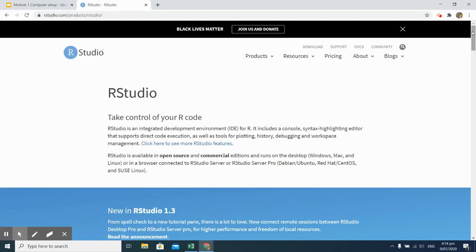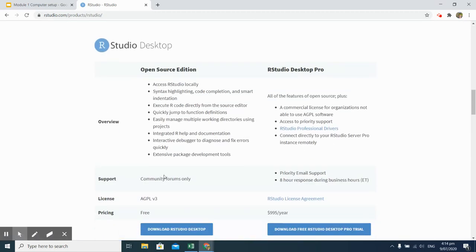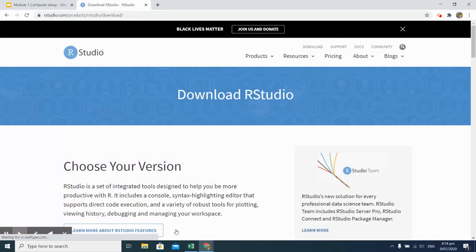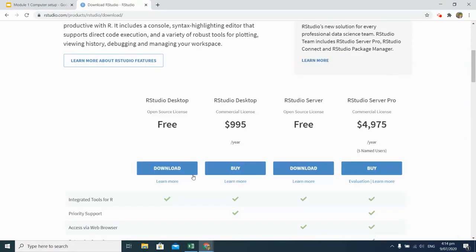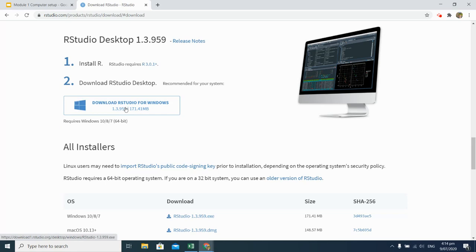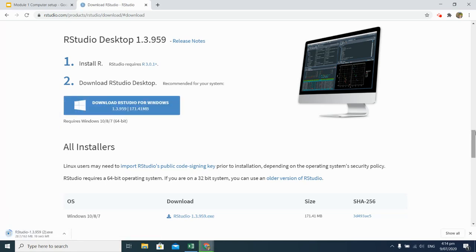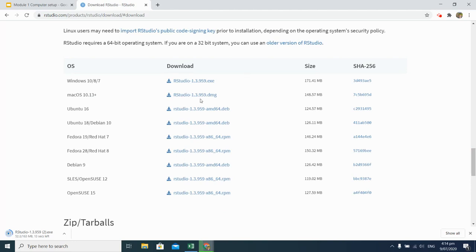So scroll down, click on that one, and then this is the one that you want, again the free one. Choose your version, and again the free one. I think you're getting the idea of this, that it is free. We then download RStudio for Windows if it's your Windows one. If it's not, then you've got these other options here, whether you've got